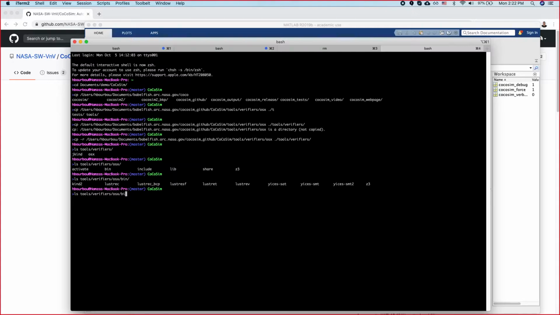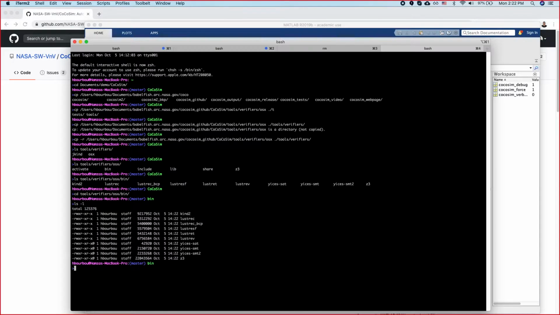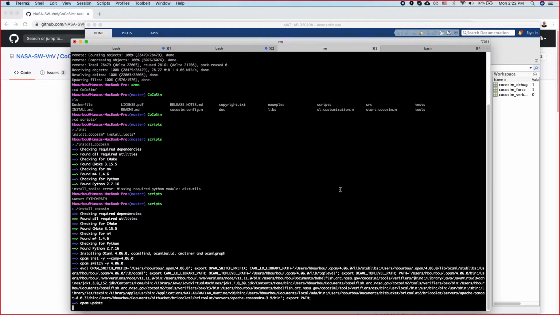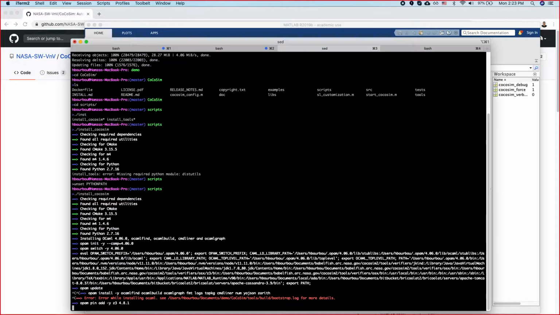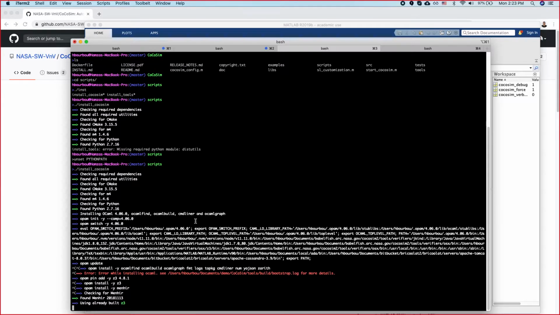So let me go back to make sure that they are binaries. I will check that they are all executable files, using -x for Kind2, for Lustre-C, and for Morningstar. So if I stop this one, yeah, you can keep this one installing from scratch all the binaries that you need. But I will stop it and run the